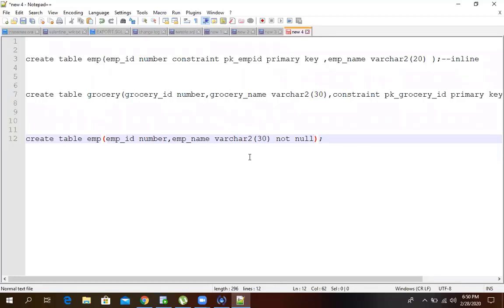I think it's not bad for them because I can't see any PK or any constraint. I didn't give the constraint name here, for example, but that is optional, okay. But you people tell me whether it is an inline or out of line. I think that is inline. What about Herman?